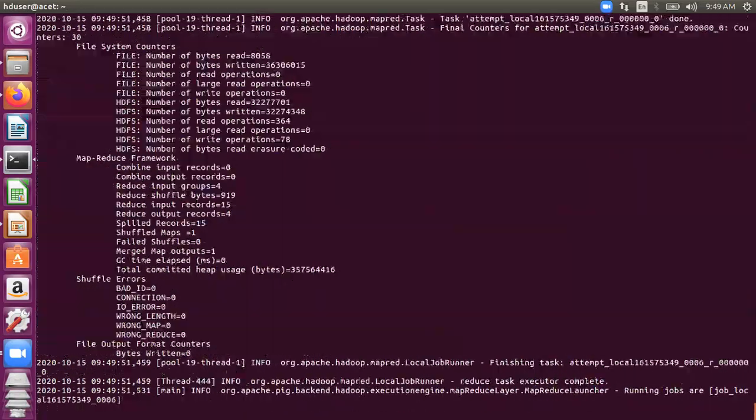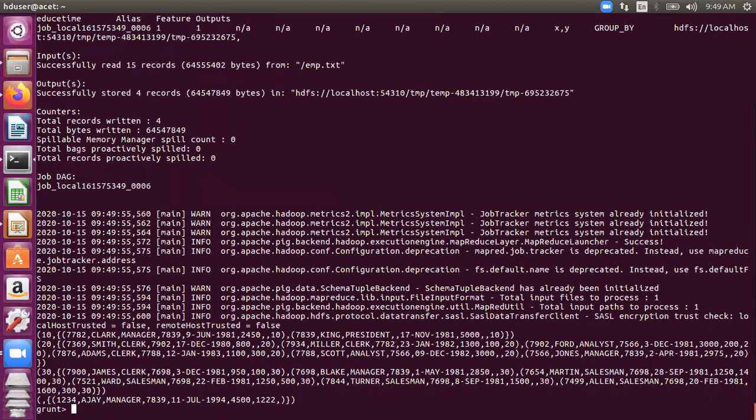Okay, I'm taking a little bit too long to explain this concept so that you can understand, because we are going to apply this concept in our case studies, right? So you should be very clear about it. So this is a grouped relation y. Okay, so now I want to summarize this relation y. I want to count the number of employees